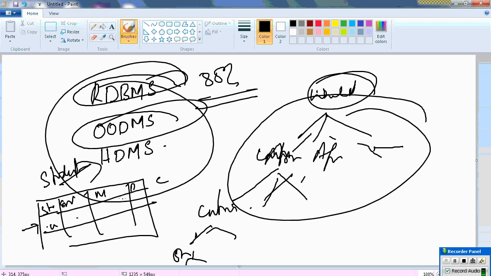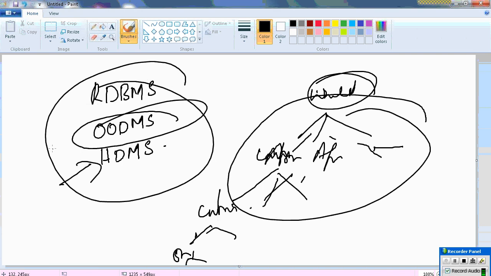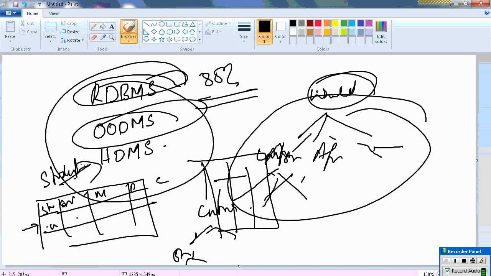Okay, and then there will be multiple tables. Say there is a student table, there is a course table, and then a student can register in a course. So there has to be another table describing the relationship between the student and the course, saying one student has taken so and so course. So wherever the information is stored in the form of tables, it is called a relational database